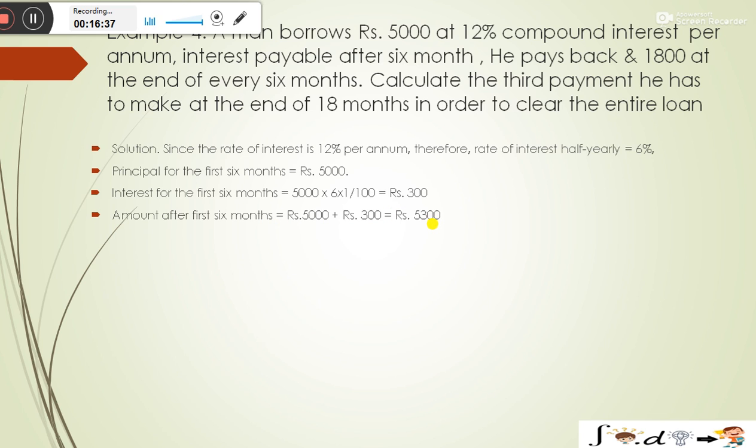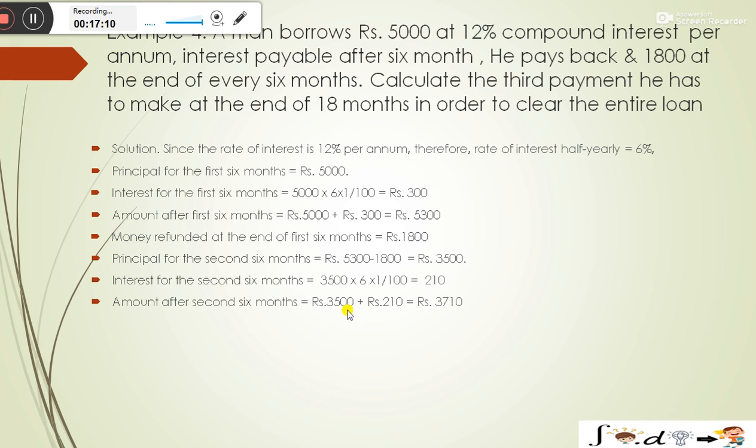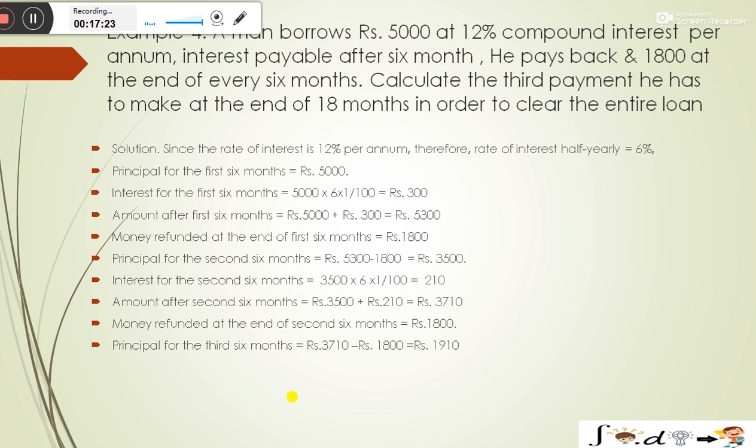यानी कि अब उसको जो है ना फर्स्ट 6 के मंथ के बाद 5,300 देने हैं, पर वो सोचता है कि चलो मैं कुछ दे देता हूँ, कुछ बाद में दूंगा, यानी कि उसने 1,800 रुपीज तो दे दिए। ठीक है, तो जो प्रिंसिपल हो जाएगा सेकेंड 6 मंथ के लिए वो हो जाएगा 5,300 माइनस 1,800 दैट इज इक्वल टू 3,500। और इंटरेस्ट फॉर द सेकेंड 6 मंथ 3,500 इंटू 6 इंटू 100 that is equal to 210 और अमाउंट आफ्टर सेकेंड 6 मंथ 3,500 प्लस 210 that is equal to ₹3,710। अगेन वो 1,800 रिटर्न कर देता है।